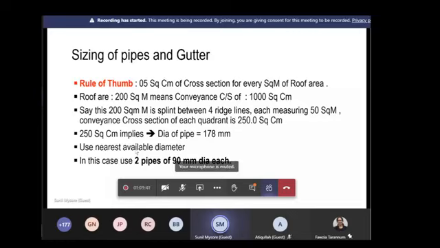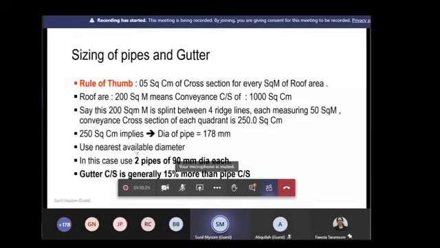But when it comes to a gutter, you have to size it 10 to 15% higher in terms of cross-sectional area compared to a pipe, to prevent the water from spilling out of the gutter. So you take about 10 to 15%; that is good enough. So where do you use a gutter? Where you have a sloping roof, with asbestos sheet, or Mangalore tile, or in my case a solar panel. You fix the gutter to carry this water. So how do you size the gutter? Same principles, but take about 15% higher. That will hold good for the gutter.